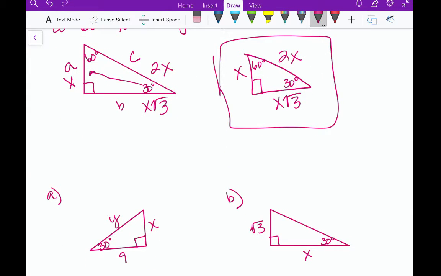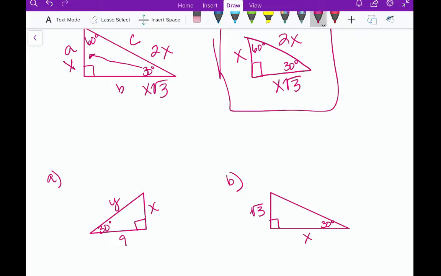So let's look at example A. So I know that this side is 9, and that's the side opposite the 60-degree angle, okay? So I'm going to set up a proportion here, okay? And I want to make sure that I set it up correctly. I want to solve for one variable at a time. So I'm not going to worry about the y right now. I'm just going to worry about the x. So this x on this triangle corresponds to this x on that triangle. So x over x